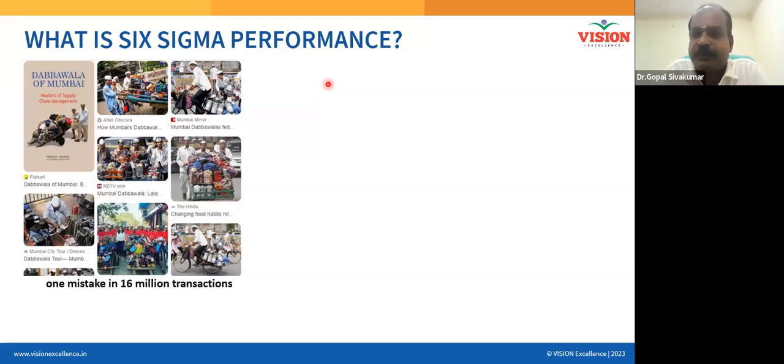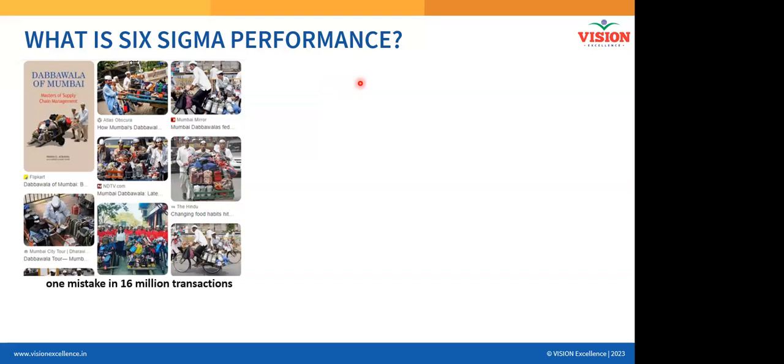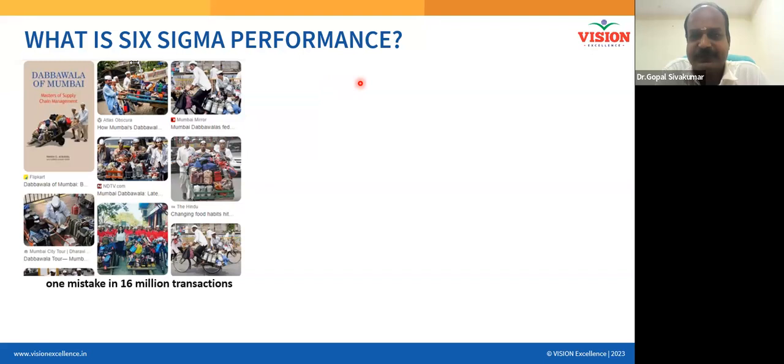Any suggestion here? Any point here from the participants? How is it possible? How is it made possible? So they have this process in place where they color codify their dabbas. Fantastic, fantastic. There is a process in place. Though people are not brilliant enough, your process is brilliant enough. Am I right? They had a brilliant process, but people are average, even below average.